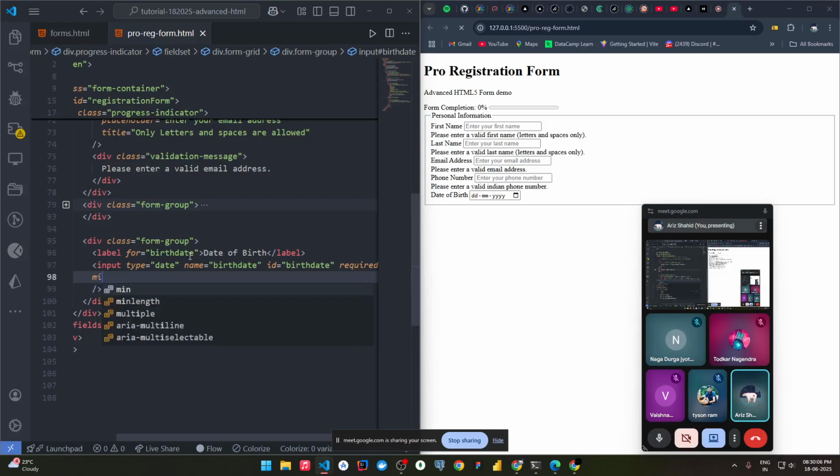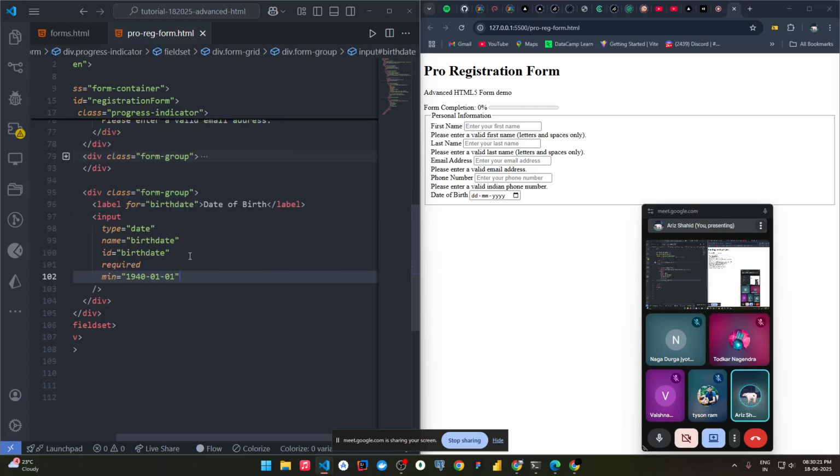Also minimum it can go up to 1940 01 01. Okay, and max let it leave. Okay, let us leave that. Okay, what more we can put here is required, we already put that. Okay,